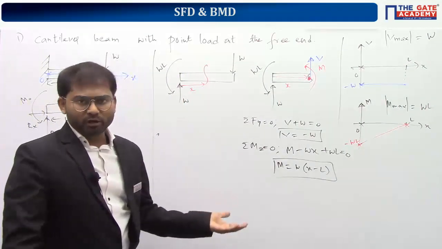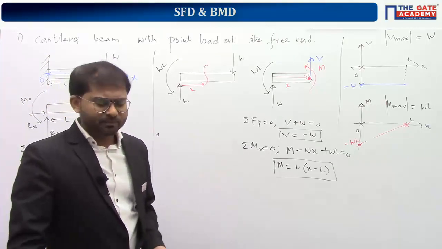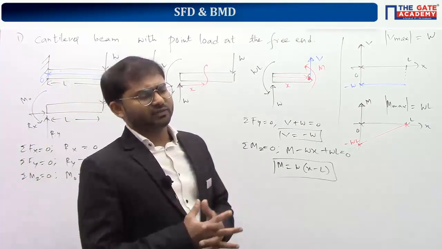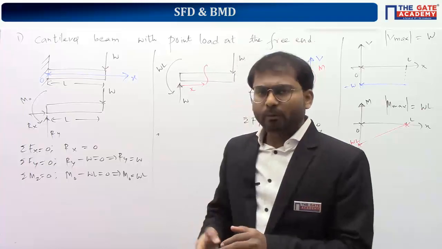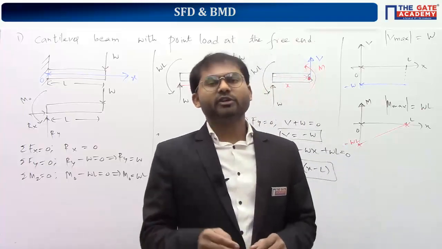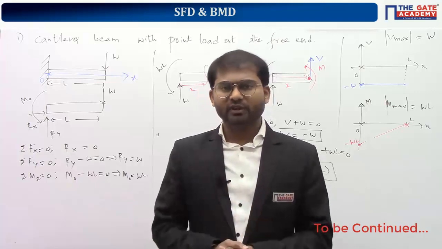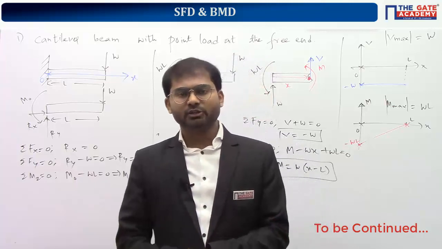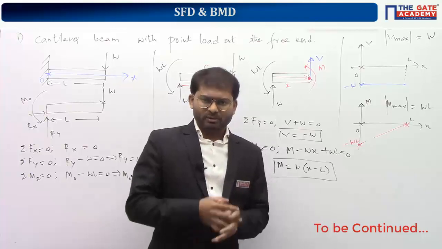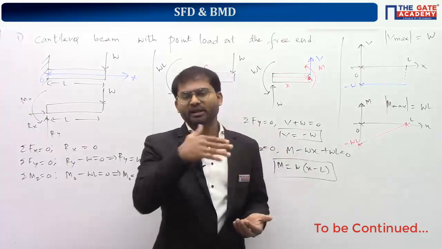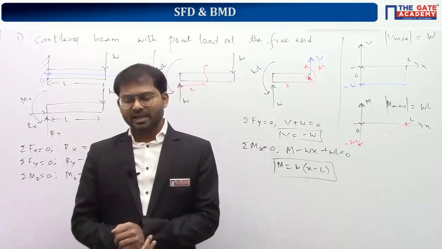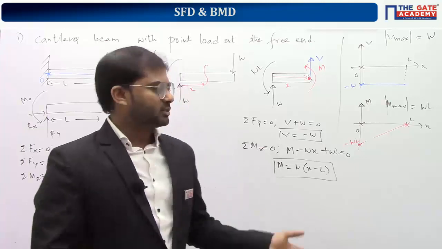Here there is only a point load, and that's why this example is very easy. The complication only comes when you have multiple point loads along the length of the beam, or distributed loads along the length of the beam. Anyway, for every type of loading condition there is a method to solve it. We use the same concept, applied in a different way, to get the answer easily. So you guys copy this.